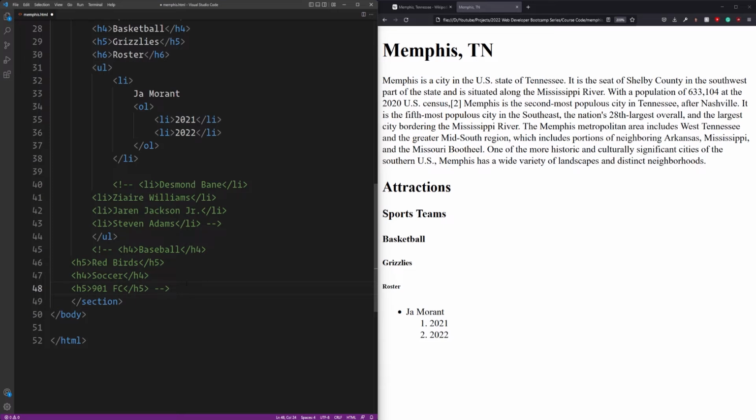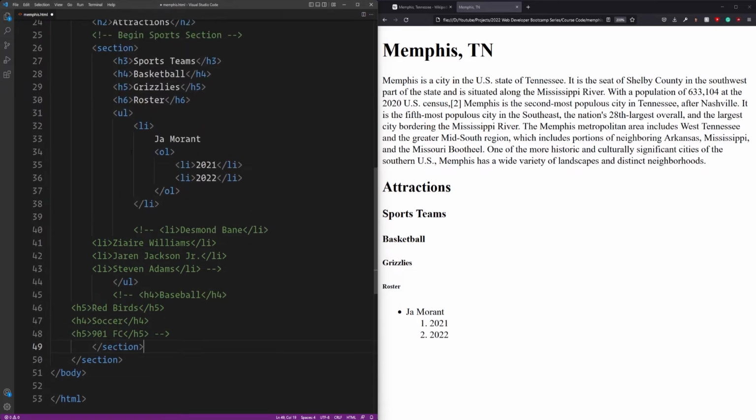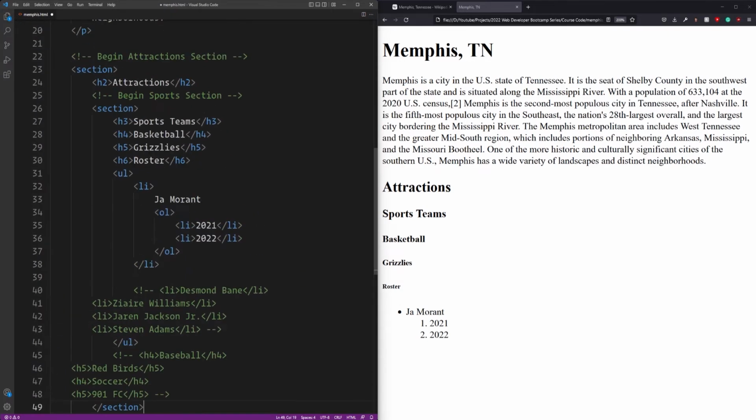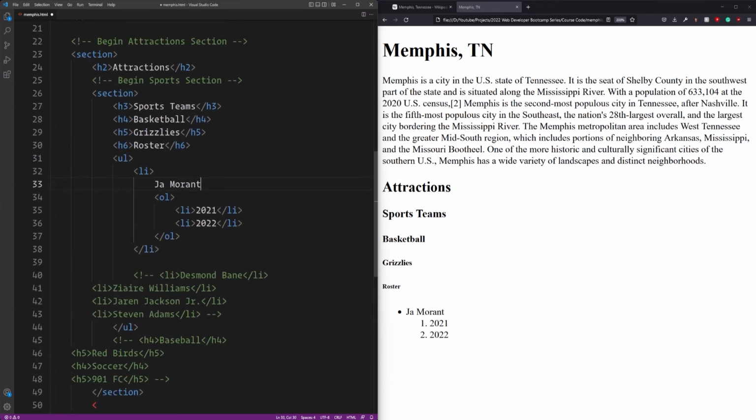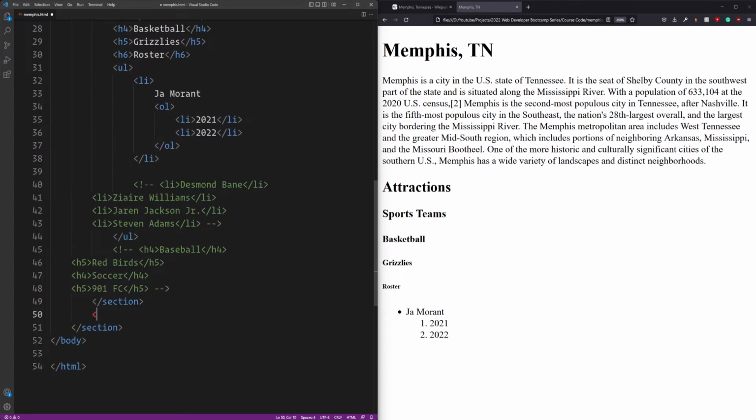So I'll come after the sports and I will add another section to the end here. That would be right here. And I'll format that again. And so it looks like we have two sections butting up against each other in here, like they're just nested. But if we wanted to, we have this H2 here for attractions, denoting that we have an attractions section. If we wanted to, we could add another section here after the sports section and inside of the attractions section, and we could say something like museums,